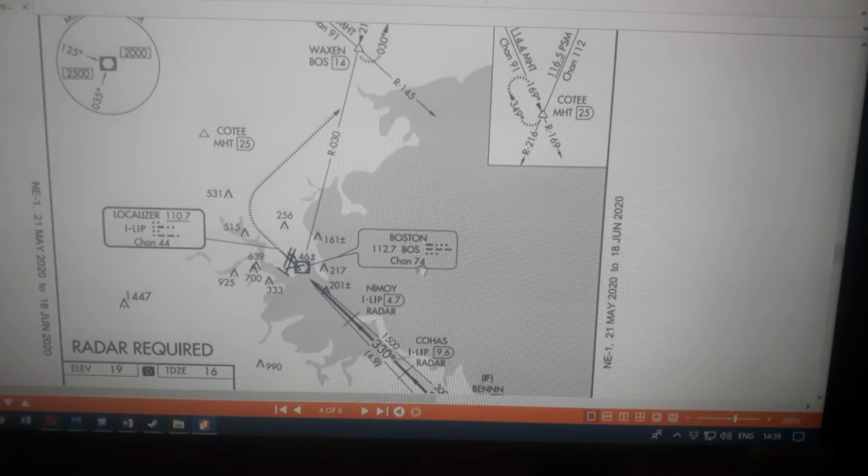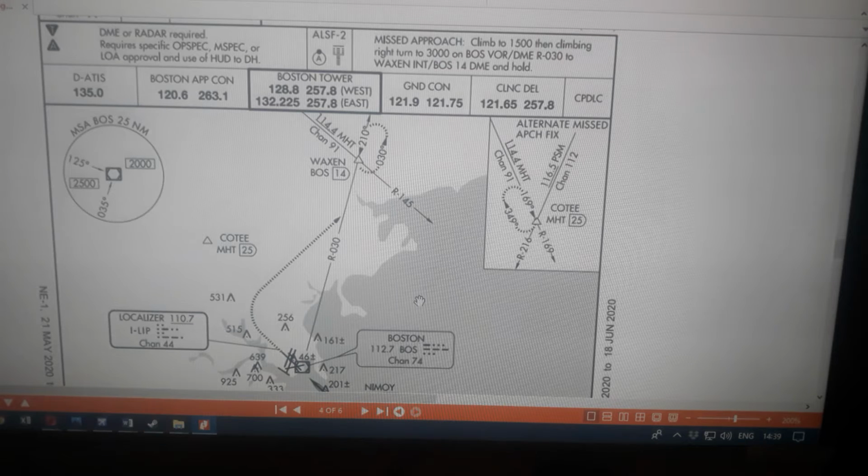This is the Boston VOR, the one I showed you as a circle. We are not using this for our landing approach. We are using the ILS. This is the VOR, very high frequency omnidirectional range. Now, this is the holding pattern. That is, if you miss the approach, you have to go in with a specific route, then go into a holding pattern, because it is important that you should have some order around the airport, because the planes are to be on a designated route, so they don't clash with each other.